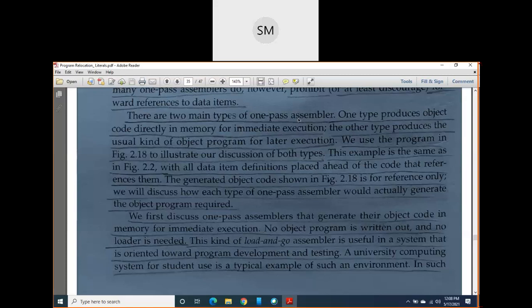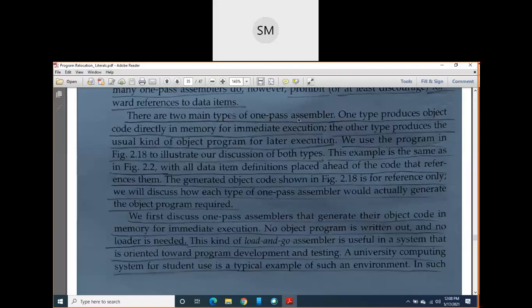See, already I told you assemblers may be using two passes. If an assembler uses only one pass, in that category also, there are again two types of assemblers. What are those two types of one pass assemblers?